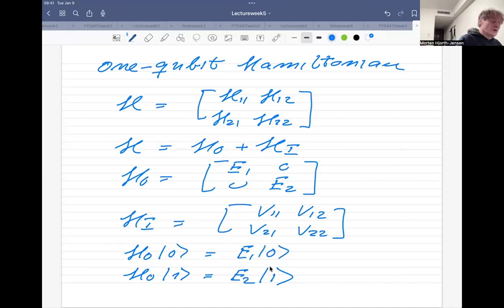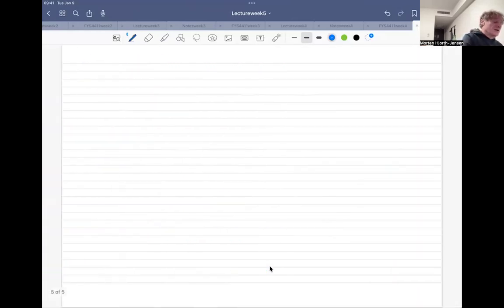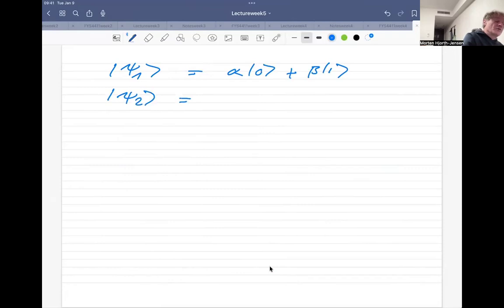Now, the exact solution is obviously going to be a linear combination of qubit 0 and qubit 1. So the exact eigenvalue, so this is a 2x2 problem. So the first eigenstate, if we call that psi1, that will obviously be a linear combination of qubit 0 and qubit 1. And similarly, the second eigenstate is going also to be a linear combination of these two states, but it will